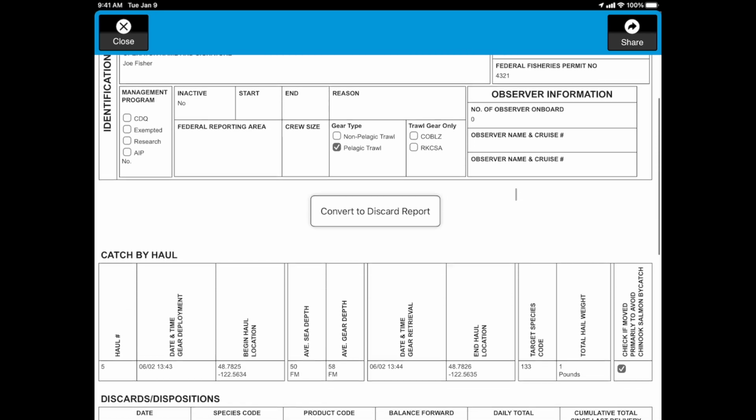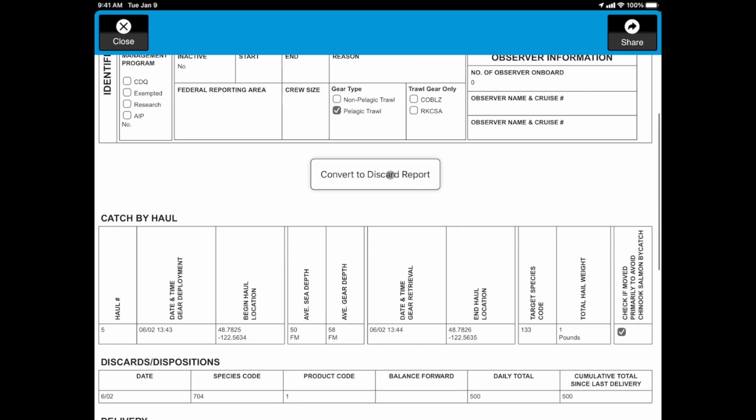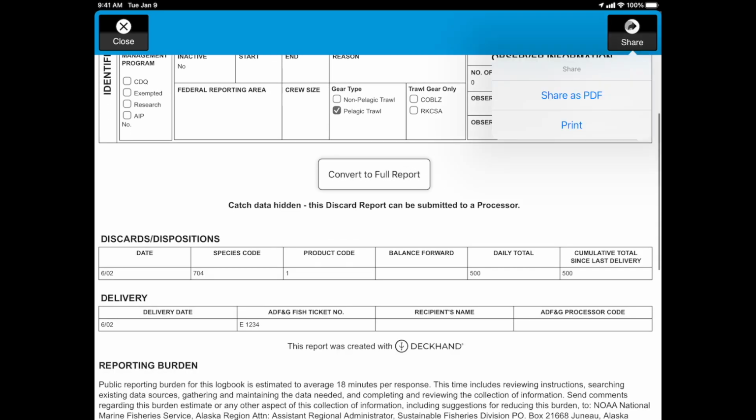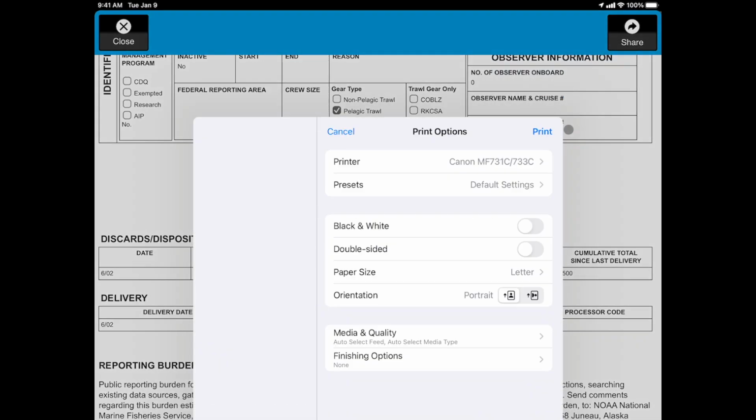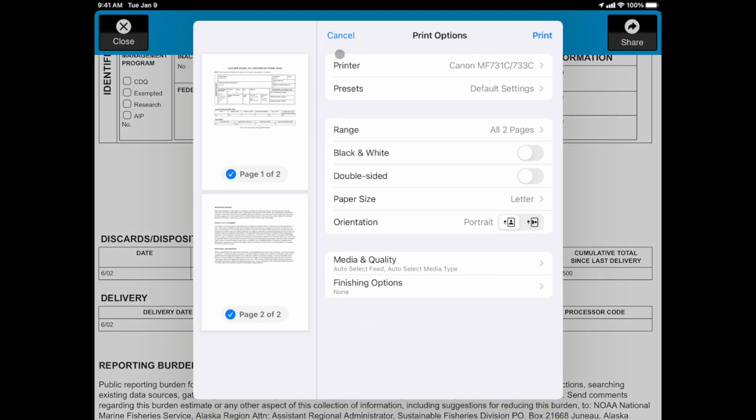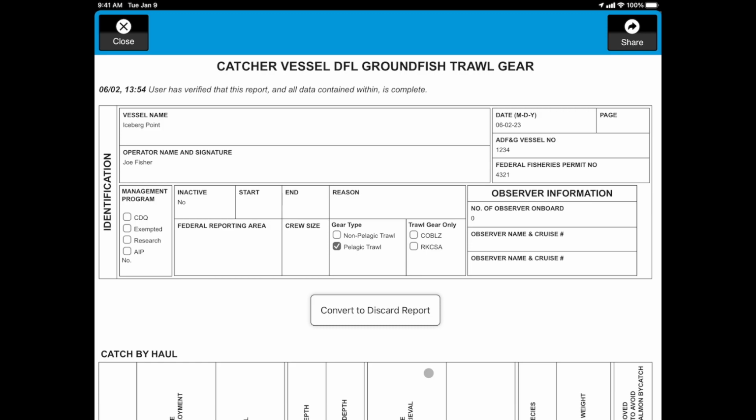Or again, if you need to print a discard report, convert to the discard report, then print again the discard report only. Keep in mind that if you already marked the report as complete and then you realize that you needed to add some additional information or something was incorrect, you can still go back and unlock the report and make necessary edits. Simply close out of the report,